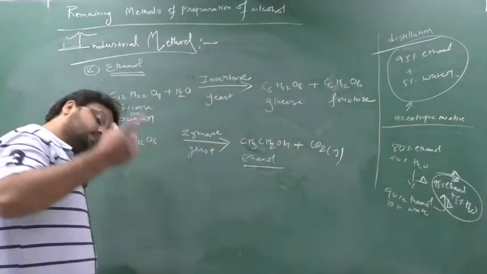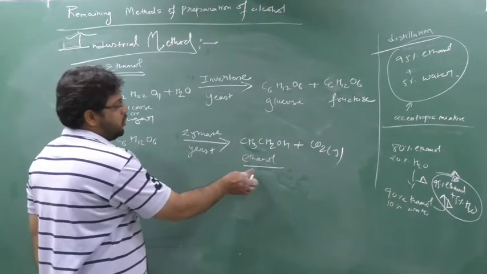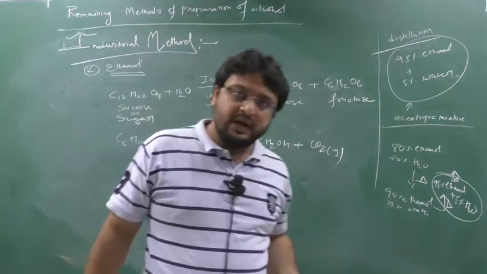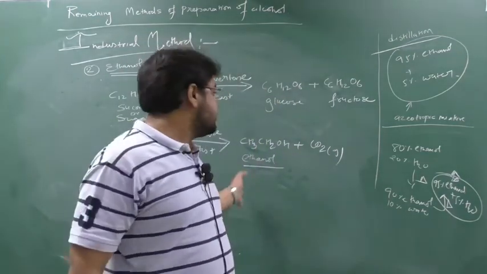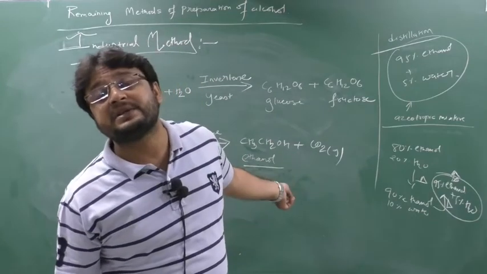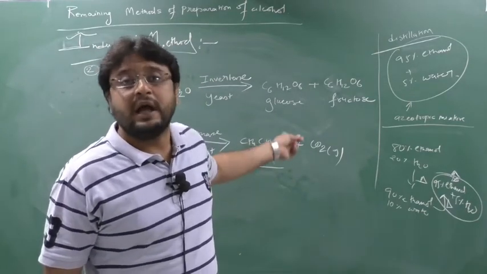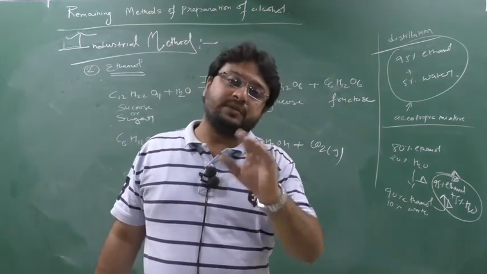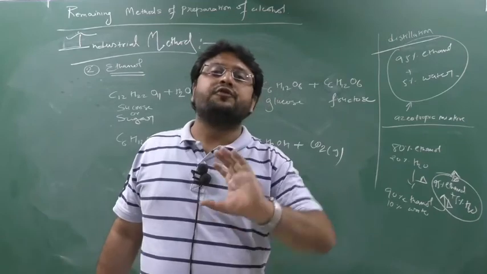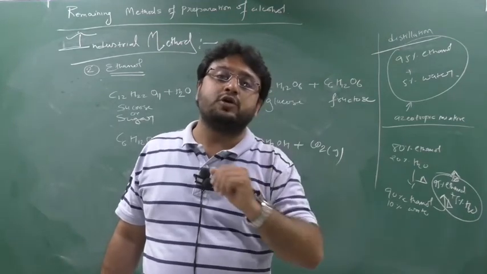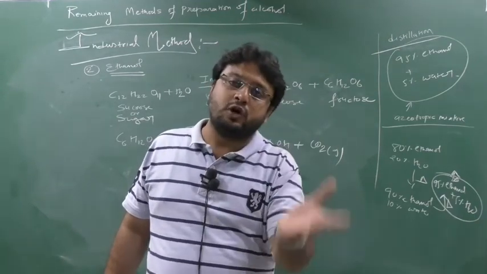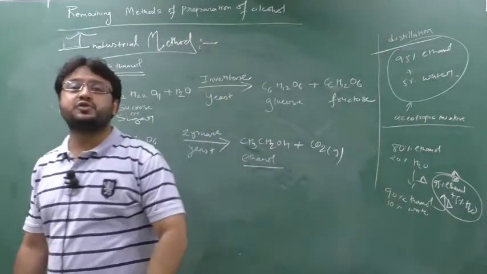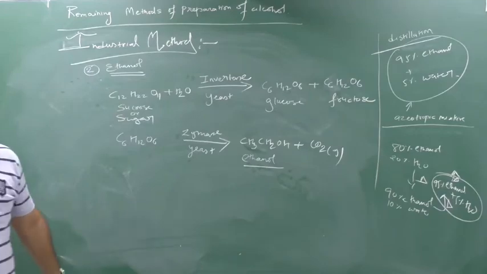So here, the ethanol obtained is distilled up to 95%, and if it is distilled further, finally 95% ethanol and 5% water, an azeotropic mixture, is formed. An azeotropic mixture is a mixture in which the components cannot be purified or distilled further. If you heat it, both components present in that mixture will start to evaporate. So such a type of mixture is known as what? Azeotropic mixture. Clear this part?